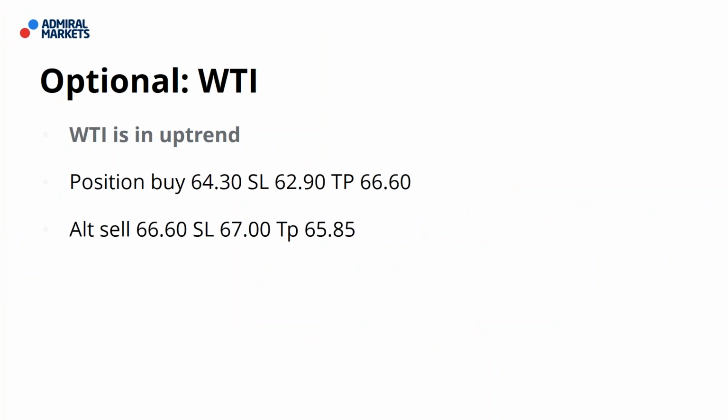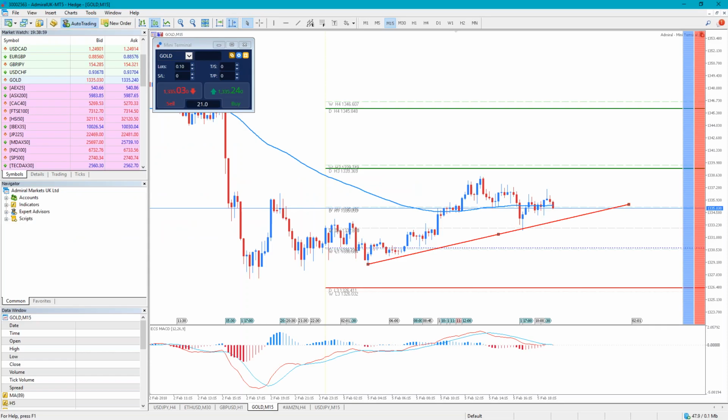Setup WTI, positional buy 64.30, stop 62.90, TP 66.60, positional trades, and possible sell 66.60, 67.00, stop, TP 65.85. Oil, WTI market is a good market, can be very, very friendly. If you get into the move, usually it moves straight in trend. So WTI,